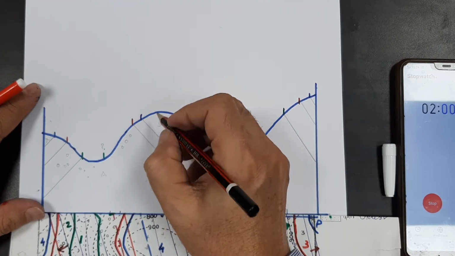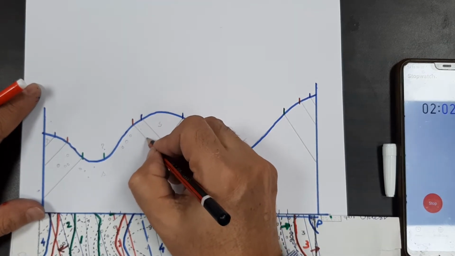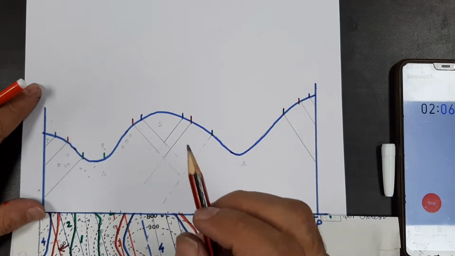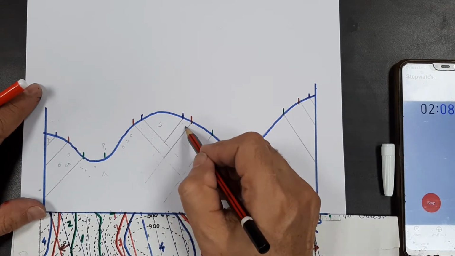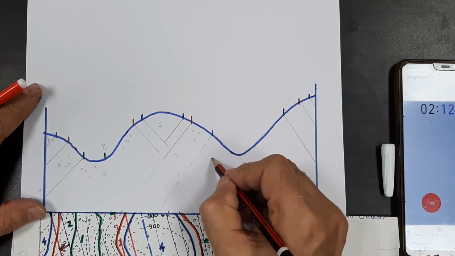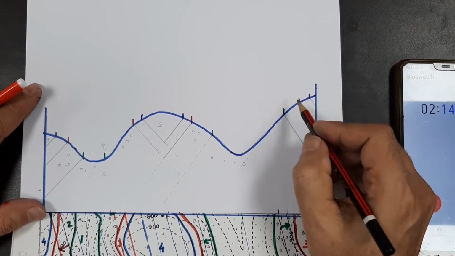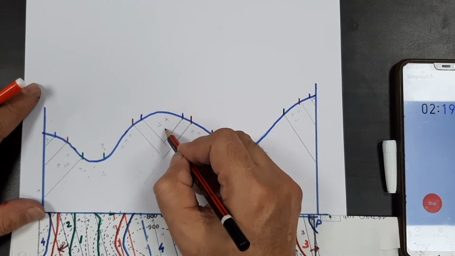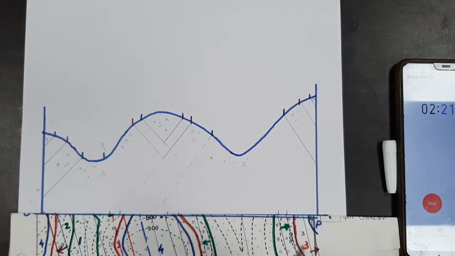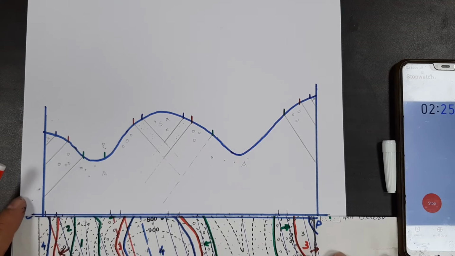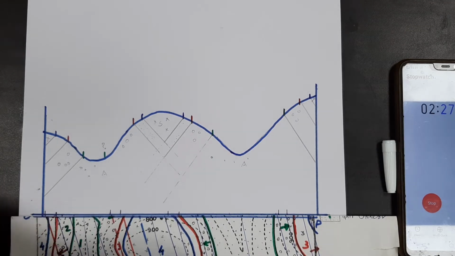This is blank, and this is blank. This is this rock. Then we have got this rock, and this is this rock. Again we have got this rock, and then this one is blank. So, we have transferred the rocks.